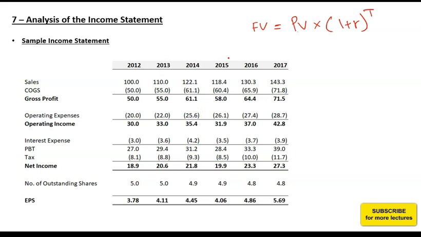So if I am taking 5 years, 5 years would mean 6 values. That is, this is year 0, then 1, 2, 3, 4 and 5. So how do I calculate the 5 year CAGR? The 5 year CAGR would be this interest rate, or this annual rate, at which the company's sales have grown over the 5 year period. So if I am taking this 5 year period, what will be my future value?